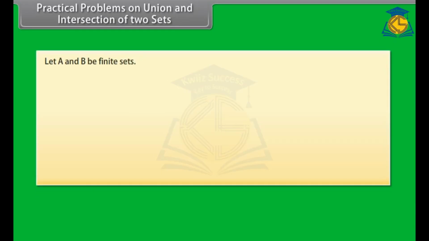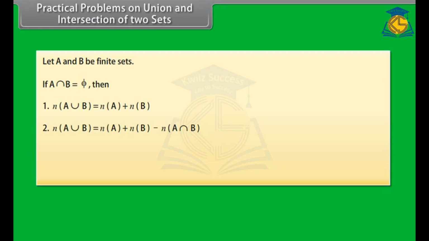practical problems on union and intersection of two sets. Let A and B be finite sets. If A intersection B is equal to phi, then n(A union B) equals n(A) plus n(B). n(A union B) equals n(A) plus n(B) minus n(A intersection B). If A, B and C are finite sets, then